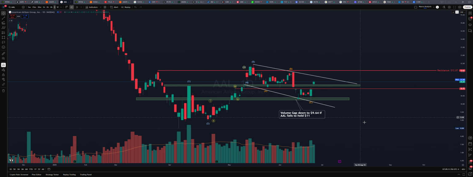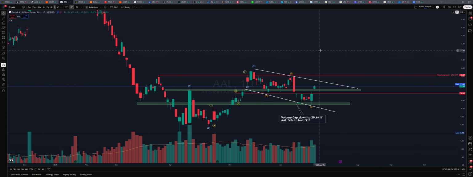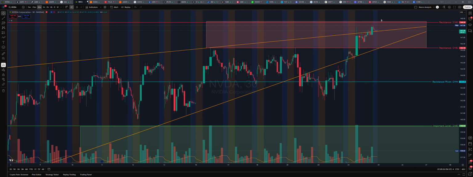If we could get above this 1207 area, I think you're going to keep moving up, and this is going to be an incredible move to the upside. I'm looking at this right now thinking I would love to see a retracement back down to this level to take a position if we're to break above. All right, let's look at maybe NVDA.